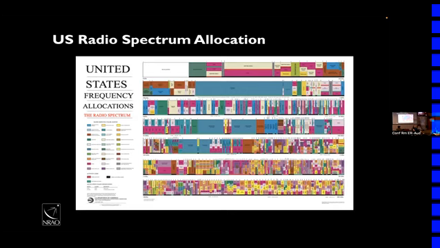And there are some of these little narrow yellow bands that are what is actually designated, protected, either fully or partially for radio astronomy. So it's a very small fraction of the spectrum that radio astronomy doesn't have to worry about other things, right? But most of the spectrum is allocated to government use or to commercial use, all of which is important. And you've been hearing about and know about all of the amazing uses of the radio spectrum. One of those amazing uses of the radio spectrum is radio astronomy.